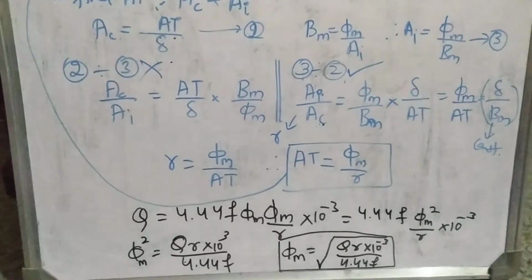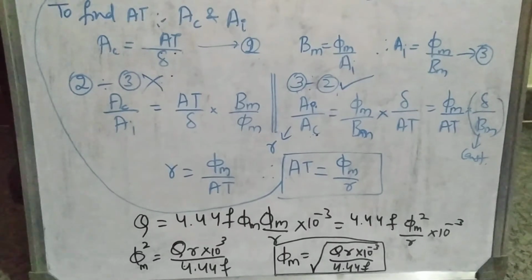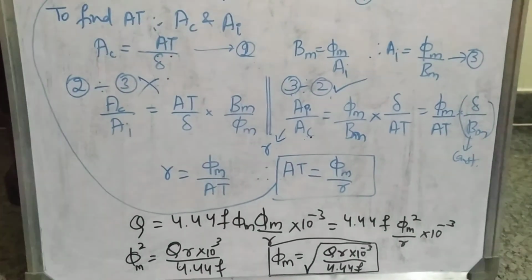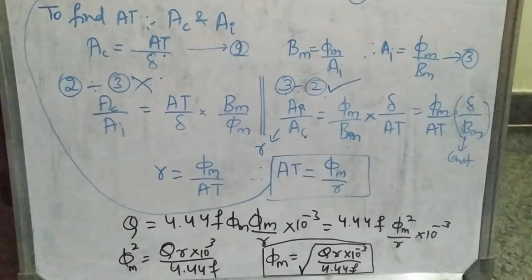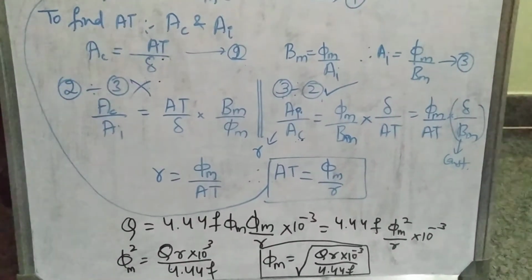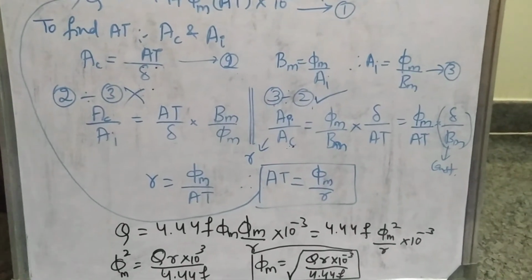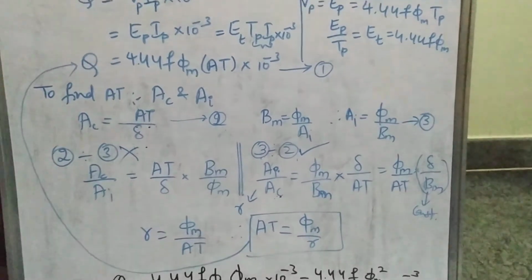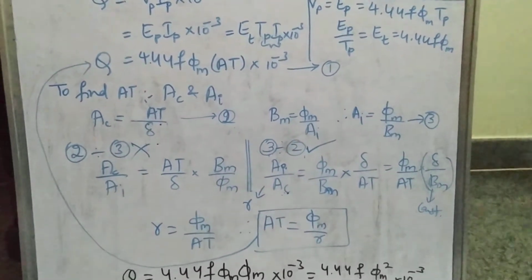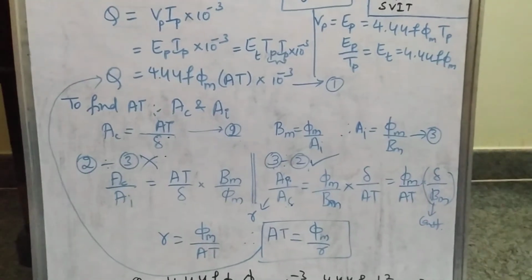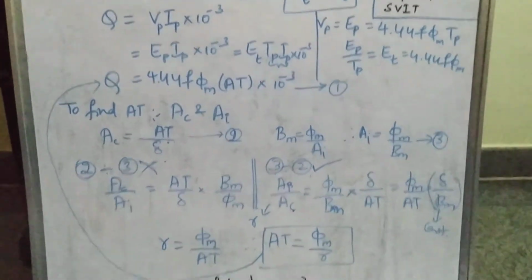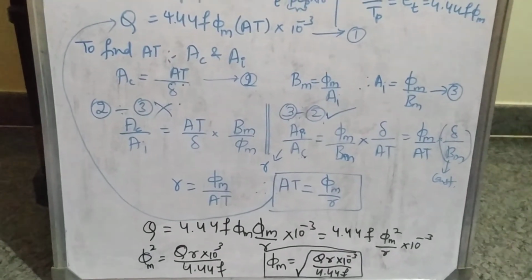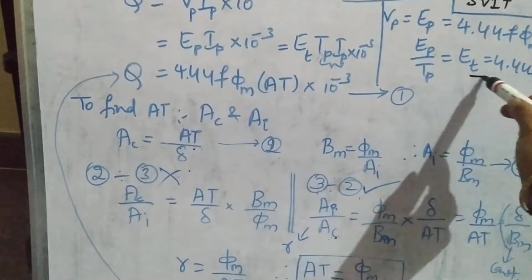Okay. Now, we have not yet reached Et is equal to K into square root of Q. Still we have not come to that point. So what are we going to do now? Let us find out the expression for Et. We will go back to the basic formula. What is Et? That is what I have written here.